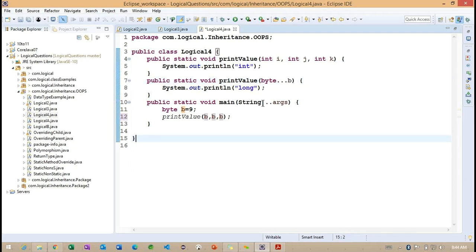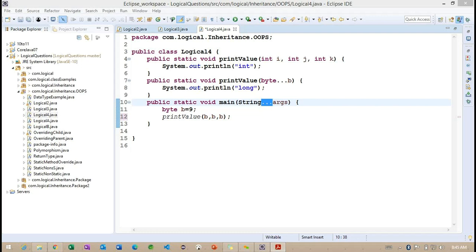And same way you can observe, previously the main method we defined as an array. Now we are working with var-args. But we are not getting any error here. Why? Because the var-arg also internally is going to take an array concept. This is also very important, we need to understand it.